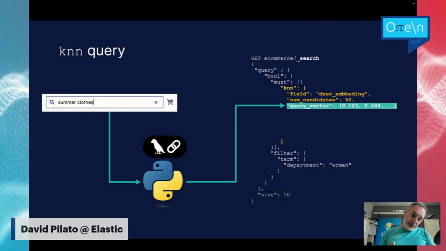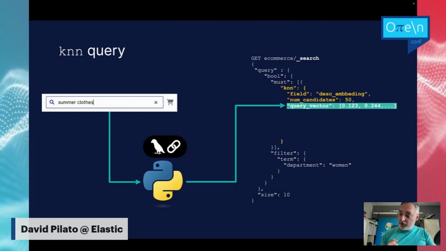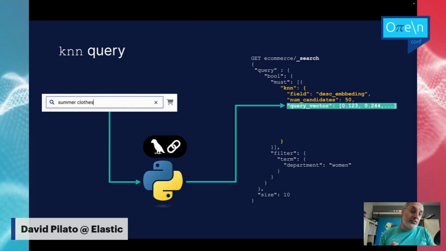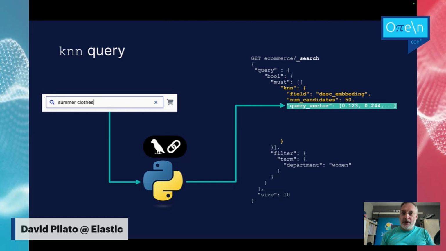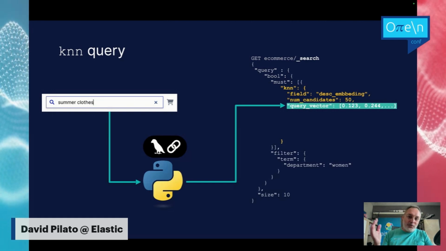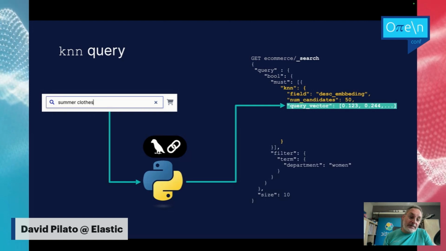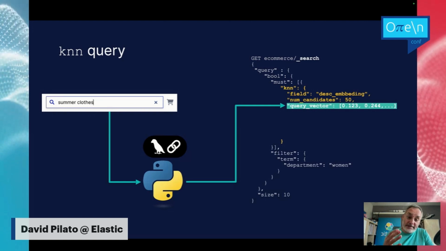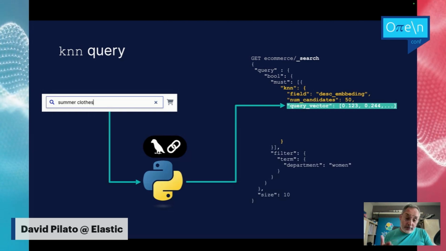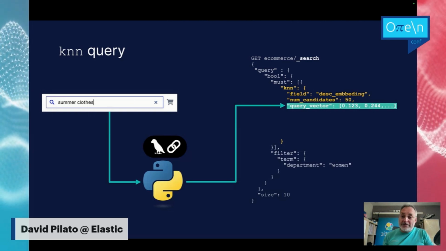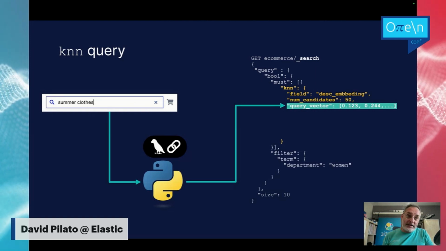Because we are in Elasticsearch, you are also benefiting from all the power that you already know with Elasticsearch, like filtering, for example. It's not useful to present all the results if you are looking only at a department for women on your e-commerce website. You can have pagination, and you can have aggregations to compute statistics on top of the result set that you want. So all that is built in, actually.